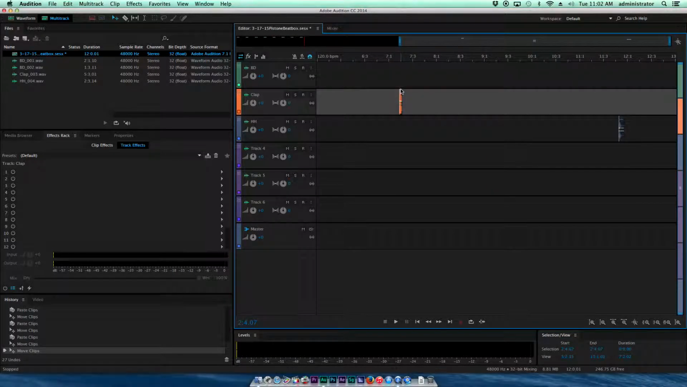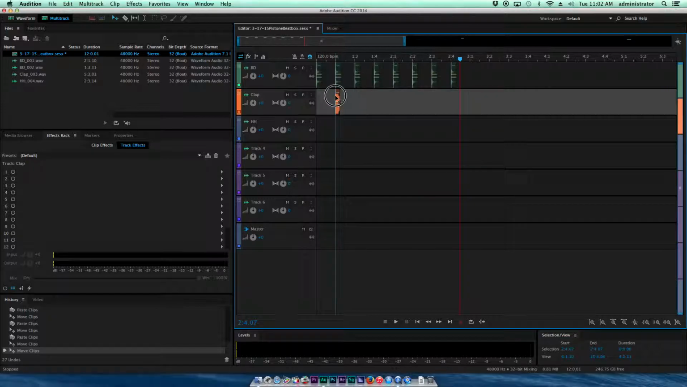So I want to make sure I grab the correct part of the track, and I'm going to lay this on the 2s and the 4s. So I'm going to copy this and paste in and put it on the 2 and 4, and I'm going to copy this and paste in and make sure I'm on 2 and 4 here as well. So now if we listen back,